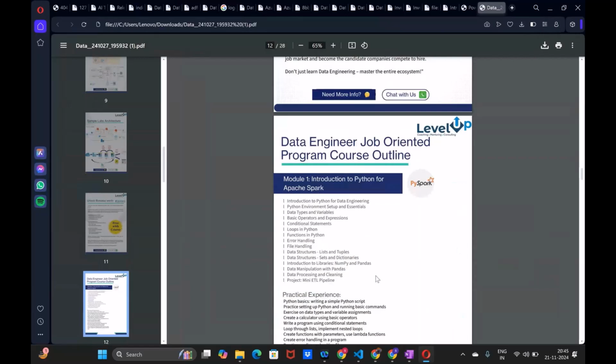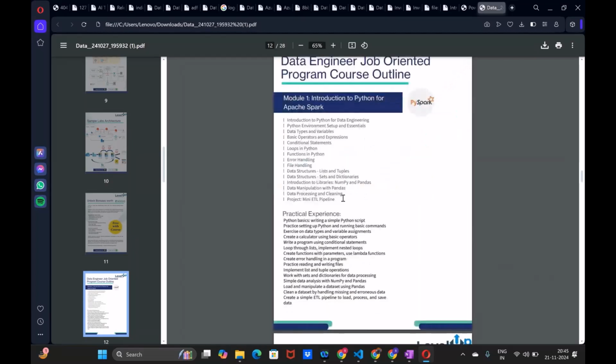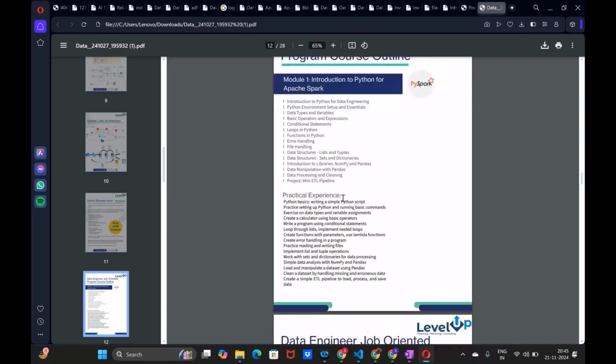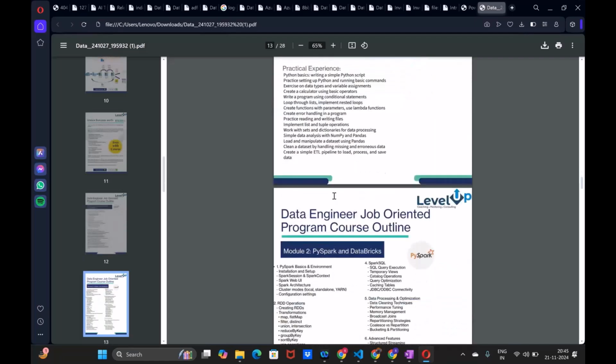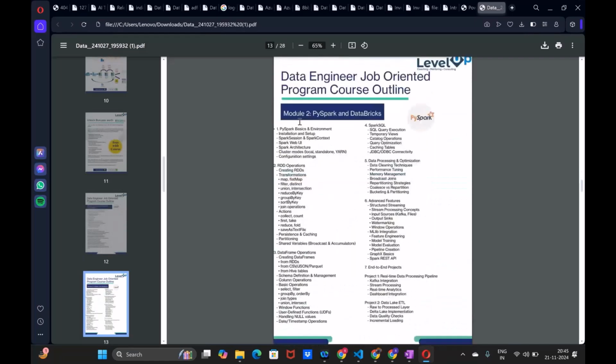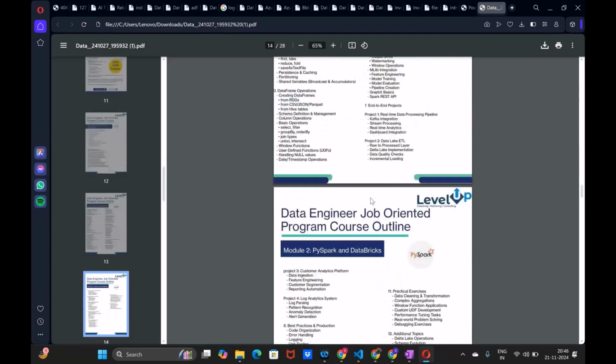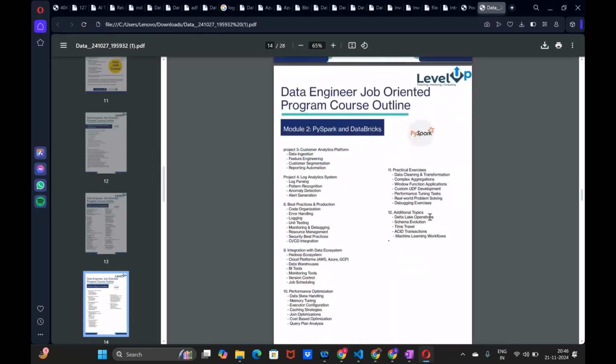Now, because PySpark needs Python, we'll start with basic Python, and then write some practical examples with Python. All these PySpark topics we will cover with a lot of hands-on exercises, and we will see a couple of projects on PySpark also. And on Databricks,